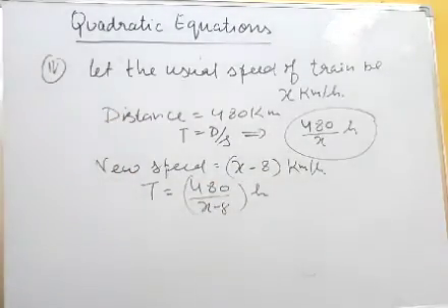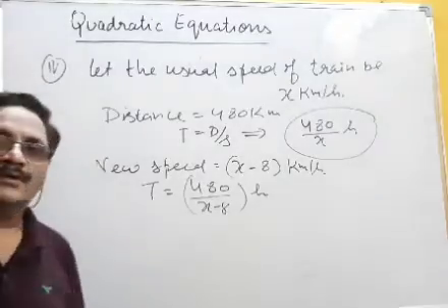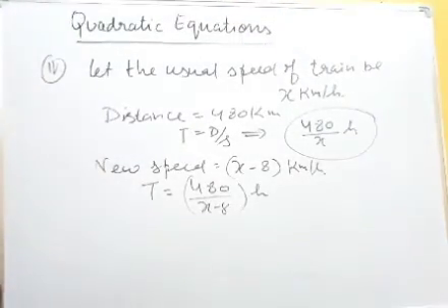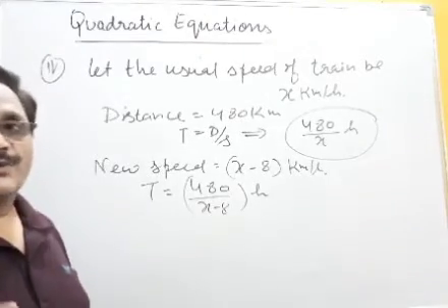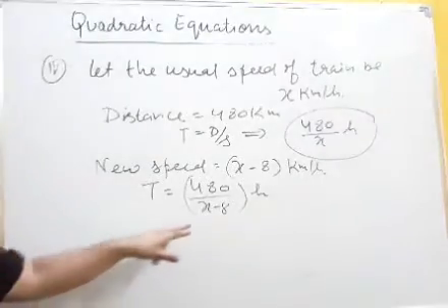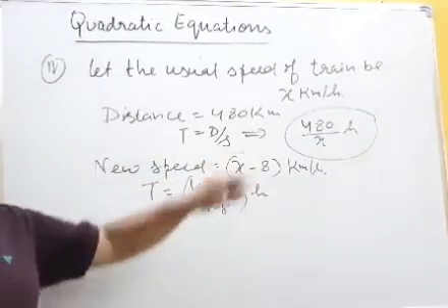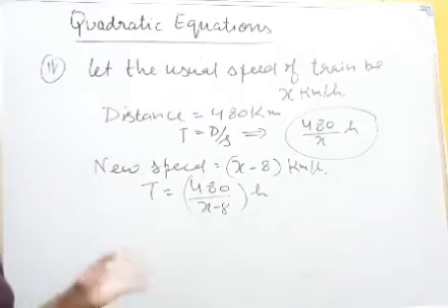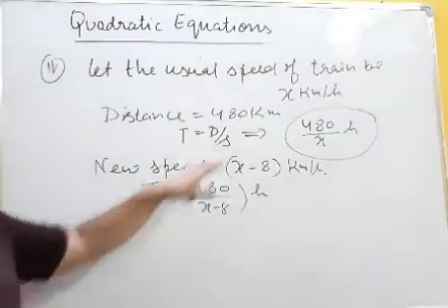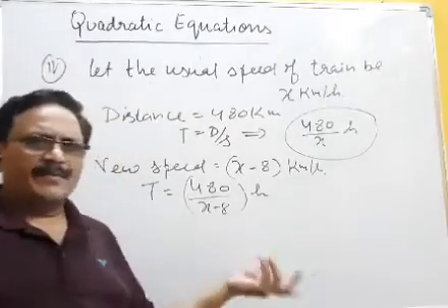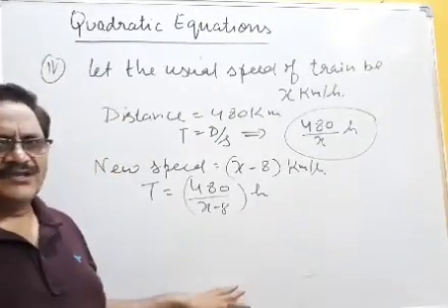You will get this type of question in other exercises also, but please keep in mind, sometimes, I'm not saying everybody does the same mistake, but most of the students make this mistake. Many times I have checked in the board exam also, they put this number first or that number first, they always get confused. Think practically: which time will be greater? When speed is lesser, the time will be more. It is the inverse variation.